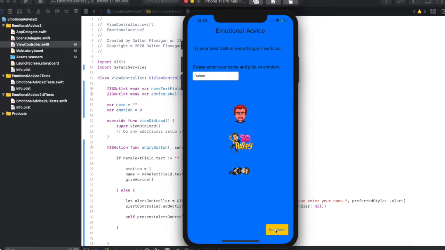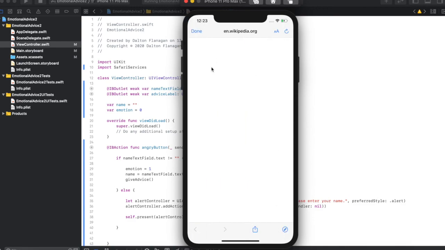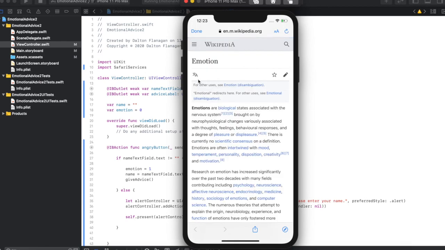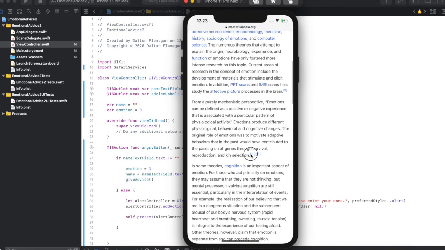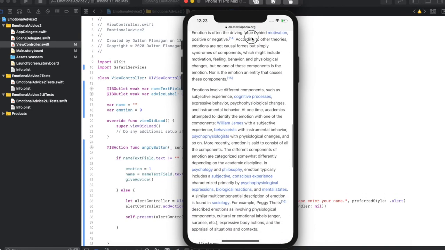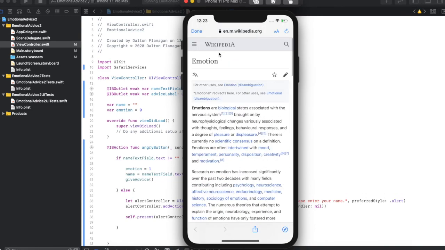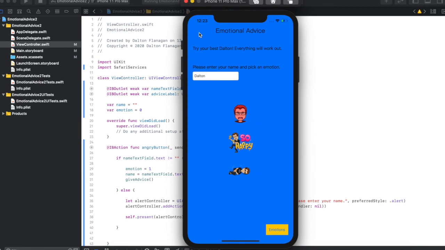And if we hit the emotions button, then it looks like that Safari Services is opening up a new view controller with the emotions Wikipedia page. So hopefully the user can learn a little bit about the emotions. When they're done, they'll just hit this done button up at the top left hand corner, and we'll come back to our